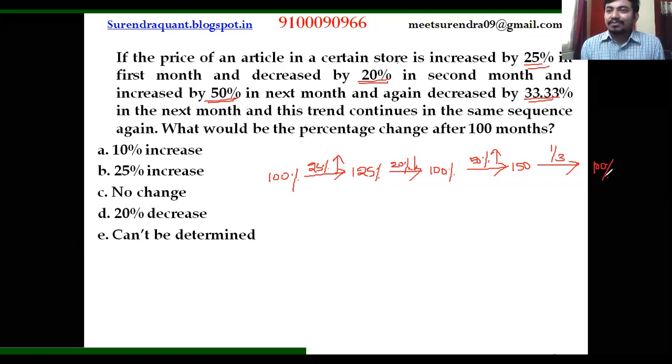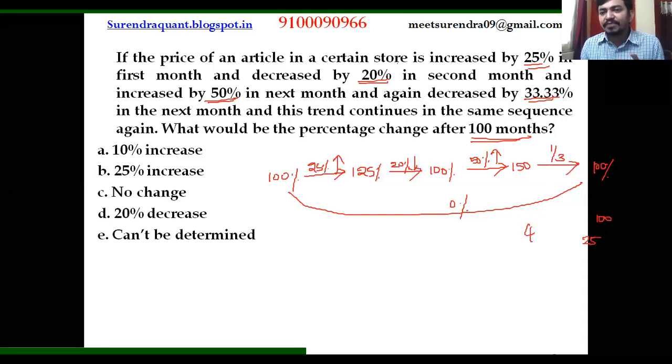And the beauty of this question is, there are certain sets of fraction or percentage combinations which will result in no change with the successive increments and decrements. So here, for every 4 such combinations, there is no change. There is 0%. For 100 such months, you will have no change, because for every multiple of 4, there is no change. For 100 months, there will be 25 such multiples. No change, right? Okay. If it is the 101st month, then what is the answer?